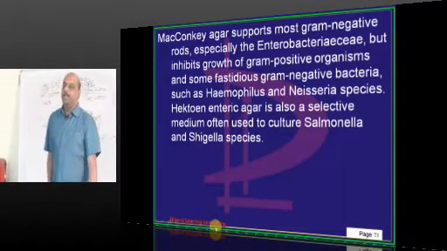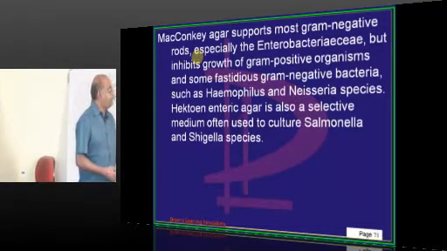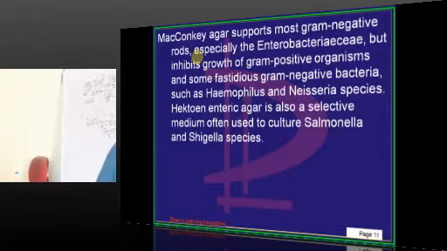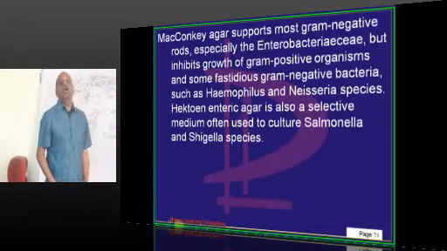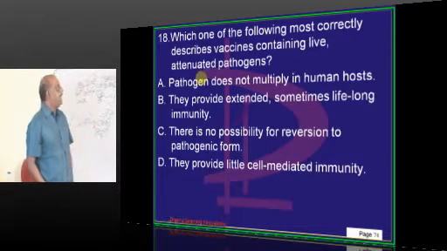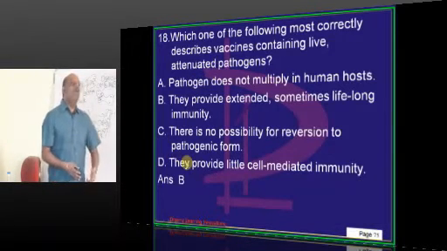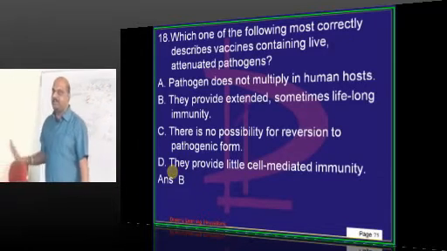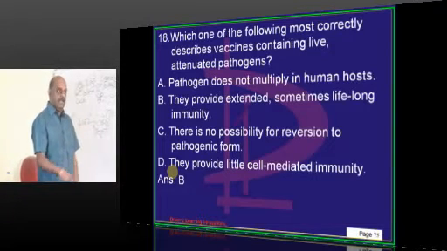Where we use MacConkey, gram-negative rods, especially Enterobacteriaceae, E. coli. We basically use MacConkey's agar. Now doctor, live attenuated pathogens, if you are using as vaccines, they basically give lifelong immunity. Generally, what is the rule in live attenuated vaccine? One vaccination is enough. Only exception is OPV. So OPV is a live vaccine, we give multiple doses, but